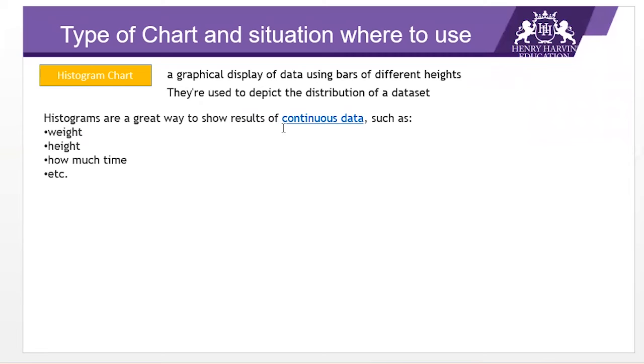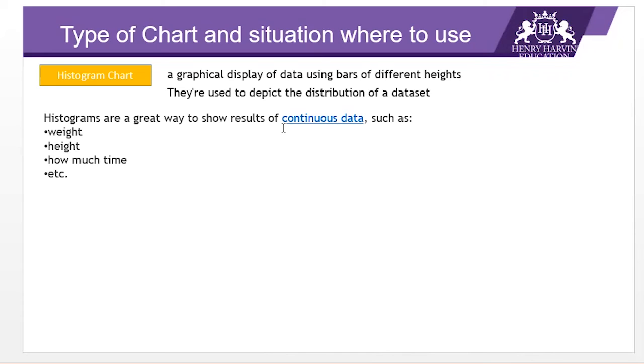So guys, let me tell you something. There are two types of data in statistics, discrete data and continuous data. What is discrete data and what is continuous data, that I will explain in this session. Discrete data is separate data. Let me tell you an example. Number of students in a class, this is called discrete data. If I tell you the score received by the students, this is discrete data, because if you look at the score, they are never in decimals. If you look at the students, you just say 50 students or 55 students, you never say 55.5 students, right? So you just have an integer value or whole number, correct? This is called discrete data.